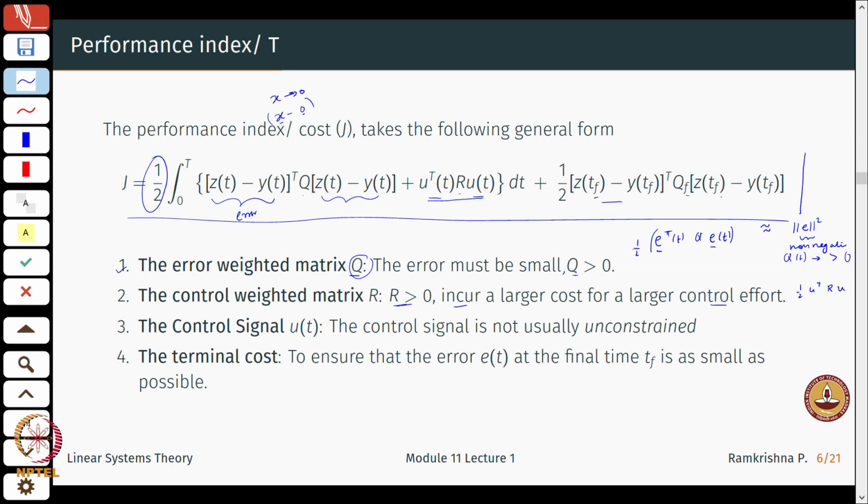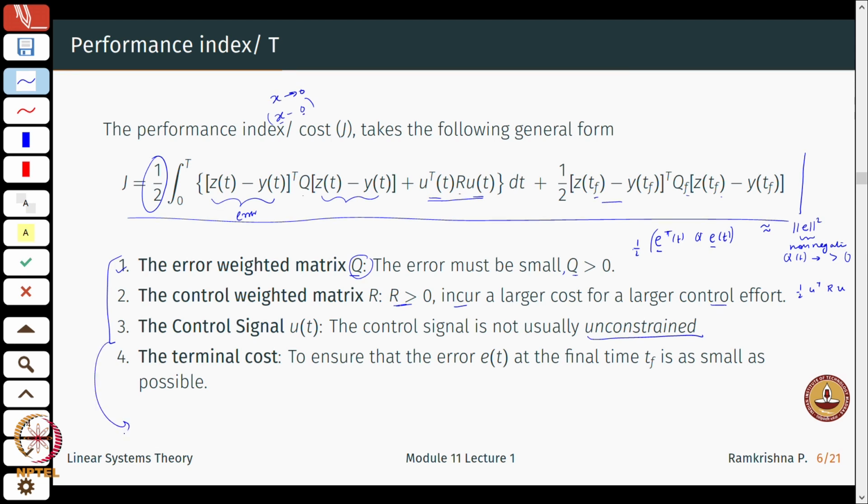Okay. So, and then the control signal, right. The control signal, as I said earlier, is usually unconstrained, even though in our basic analysis we kind of assume that there is... let's see, well, if there is an unconstrained control, can I actually go from point A to point B? Okay. Now, what is the conclusion from these 3 points?